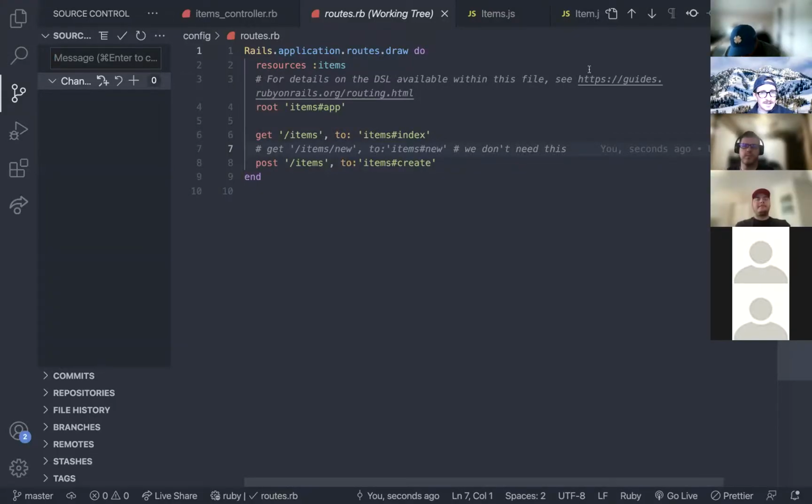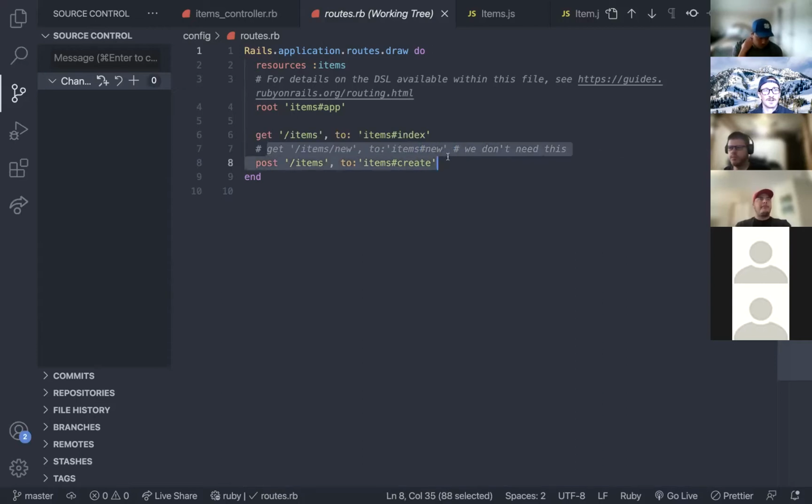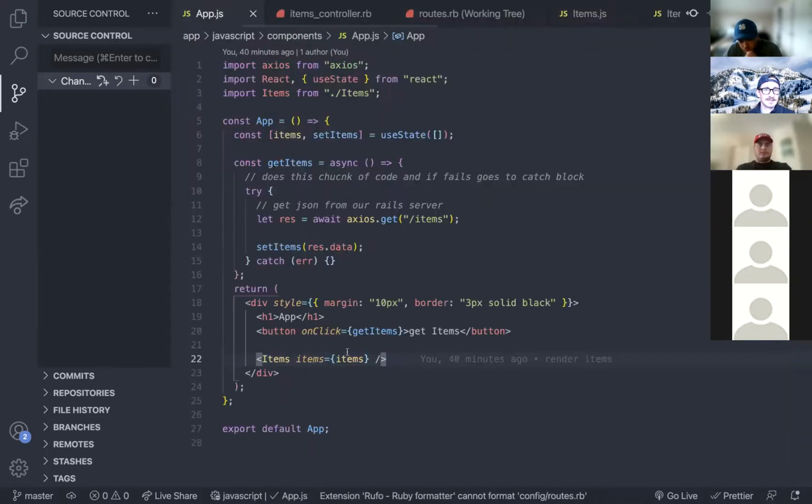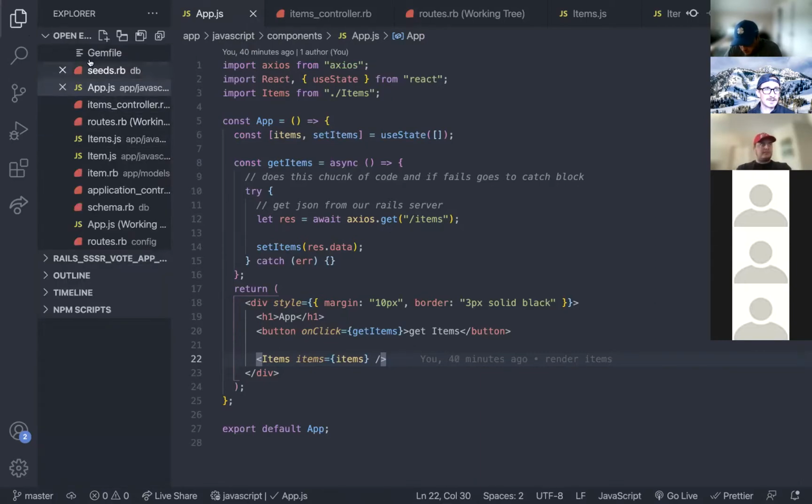So let's build out the form. Now remember, if I look at the routes, we're not doing this get items new route. We're just going to go to our app.js. We're still going to create a component. So come into here into our files,